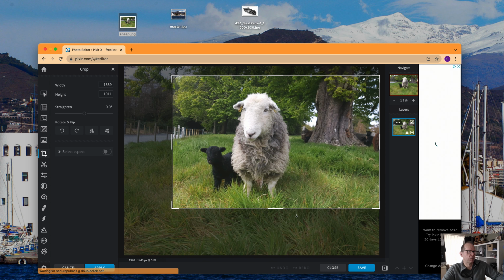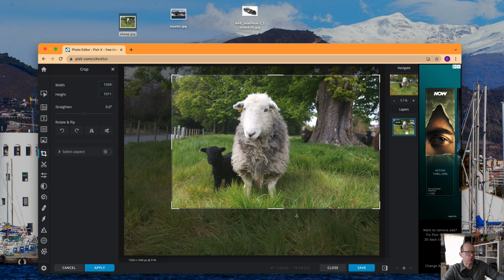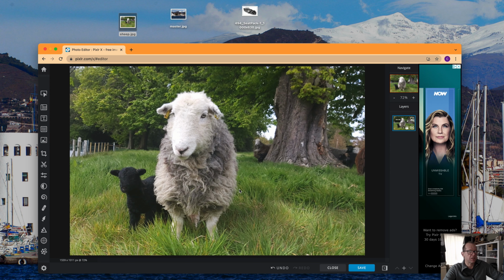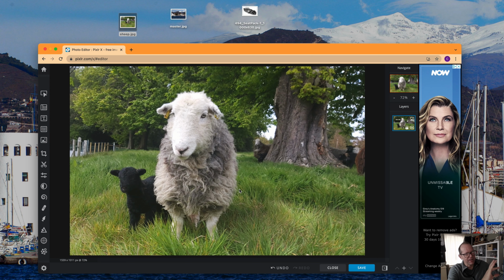So that feels about right. So okay, yeah, we're happy with that. So we're going to apply. So that's what we've got next. Now what we want to do is adjust the color, because the colors are a little bit